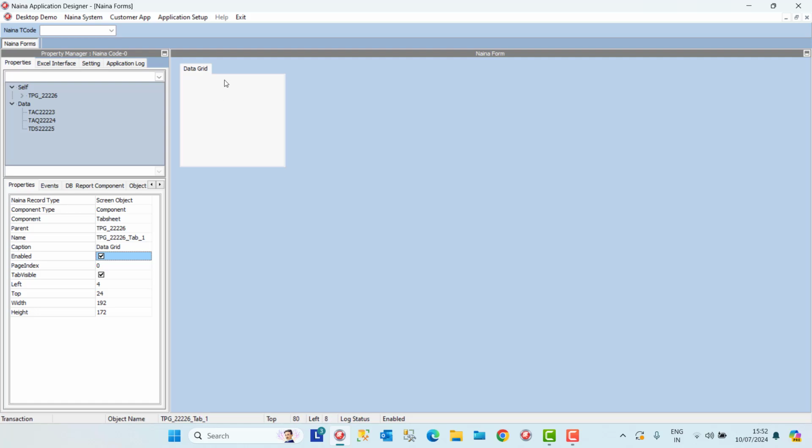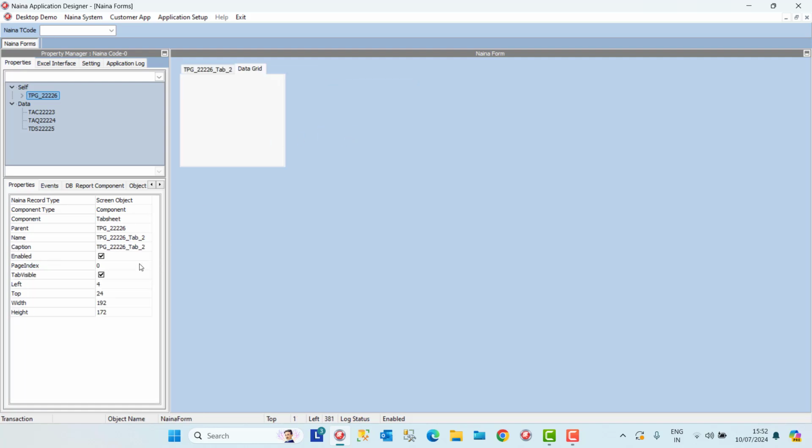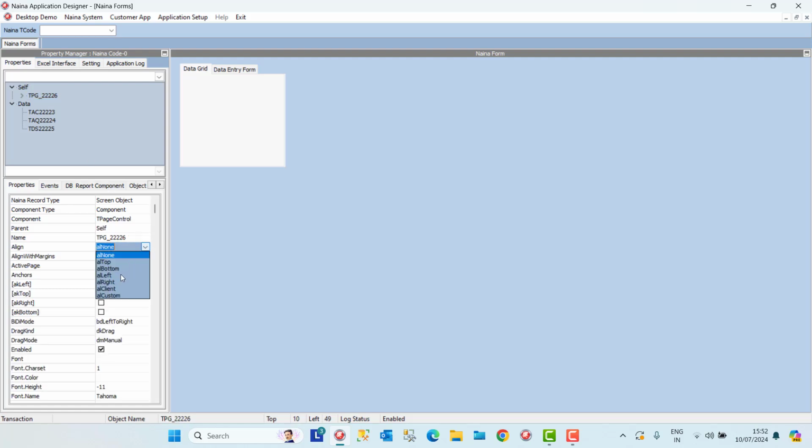And then let's make another sheet, which we'll name data entry form. Okay, so we have two, and now we need to go and make it client, so it will appear on the